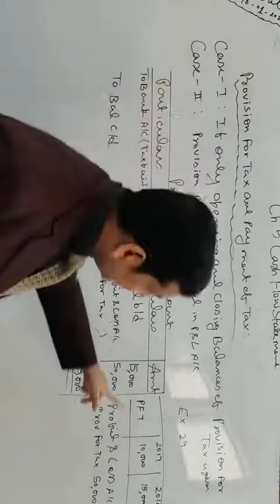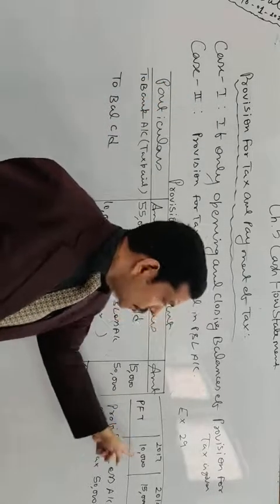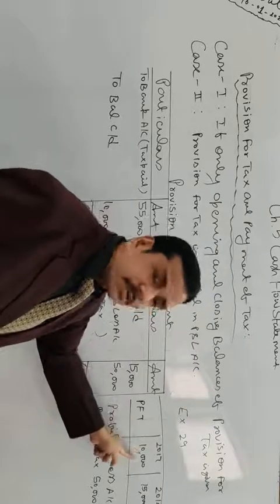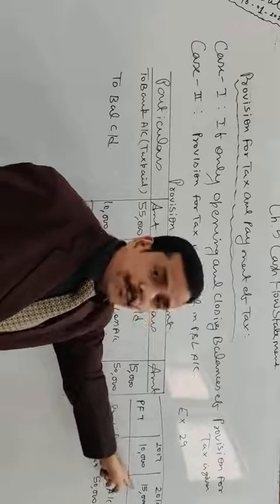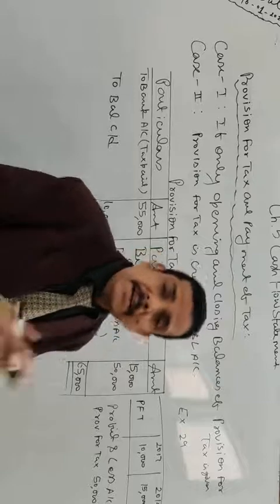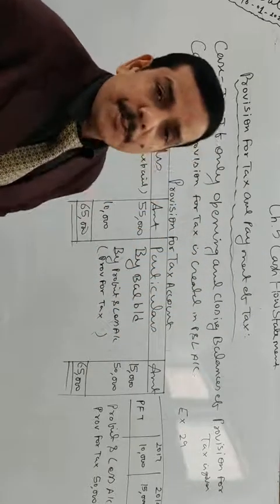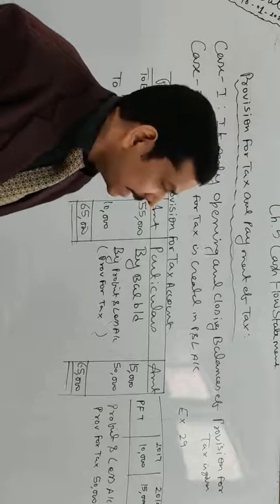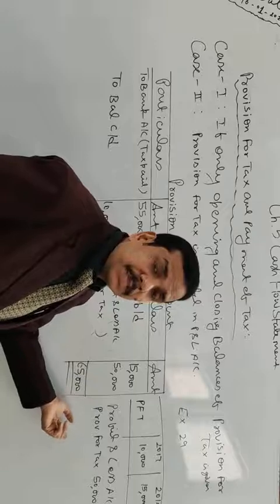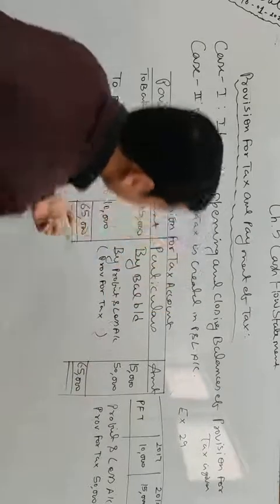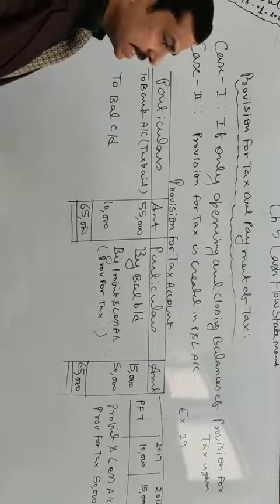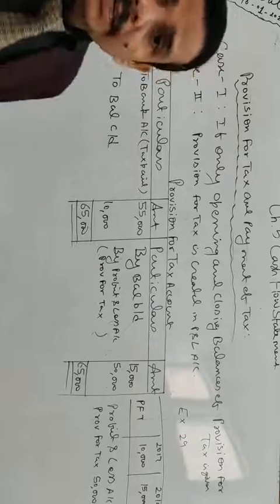I am revising. In case 1, if only two figures, that is opening and closing balances of provision for tax is given, in that case, current year 10,000 means closing balance will be added back while calculating NPBT, while opening balance is considered as tax paid and it is subtracted from cash generated from operations to know about the net cash flow from operating activity. Clear? Now case 2, when additional provision for tax is created, in this case we will prepare an account and we will find out the amount of payment of the tax, and that would be the balancing figure. Now we are going to study the case 3.